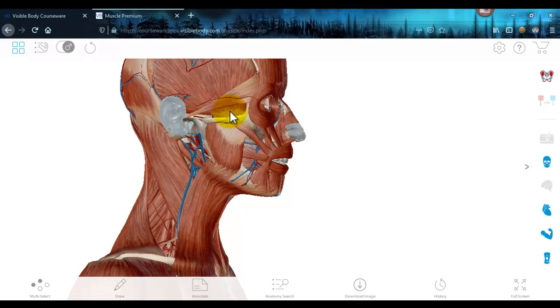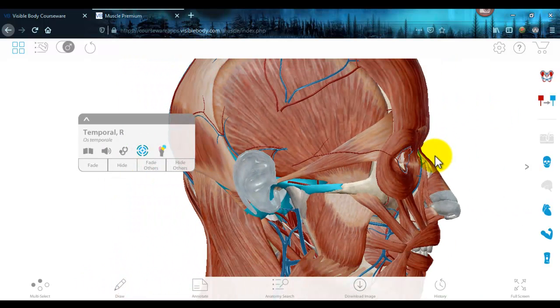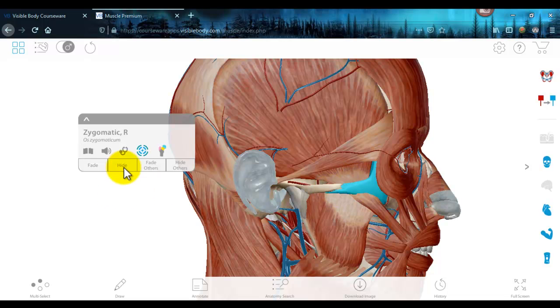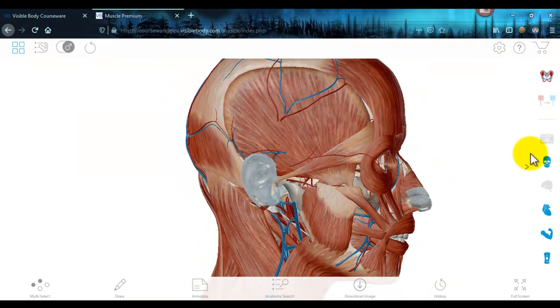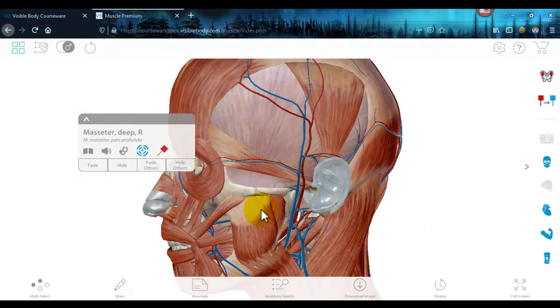Like I was saying, I'm going to click on this bone. If you're in the skeletal system, this is called the Zygomatic Arch. Like I said, I can take this program and I can hide these things, and what I'm trying to do is expose that. That muscle right there that's coming down this way is the masseter. See, when I click on it, big chewing muscle. If I turn it this way,